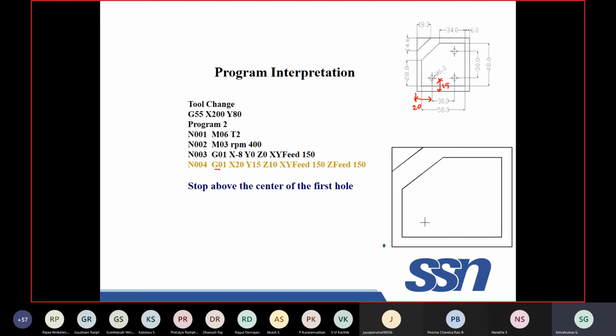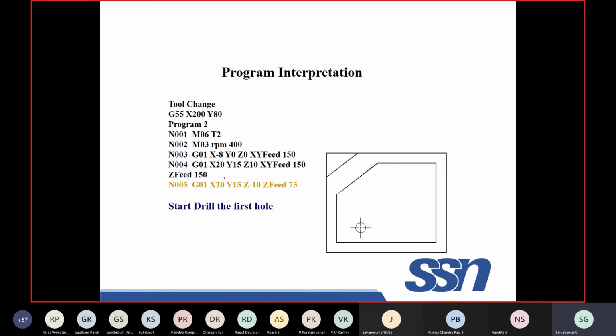This is the center point of the circle. Okay, I am moving my tool to this location and Z is 10. Means the cutter is moved away from the surface by a distance of 10 mm. Tool is kept away. And the XY feed is referring to CNC table feed rate, and Z feed is referring to the tool feed rate. Okay, in this case both are same. You can define F equal to, or both the values you have to define separately.